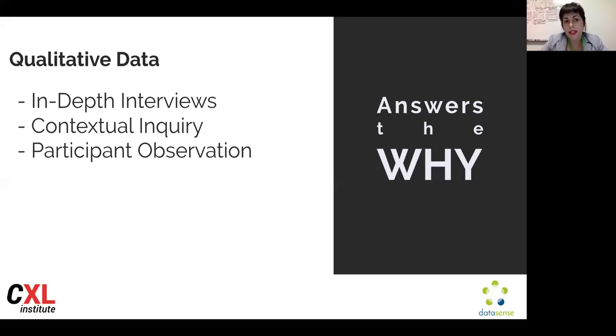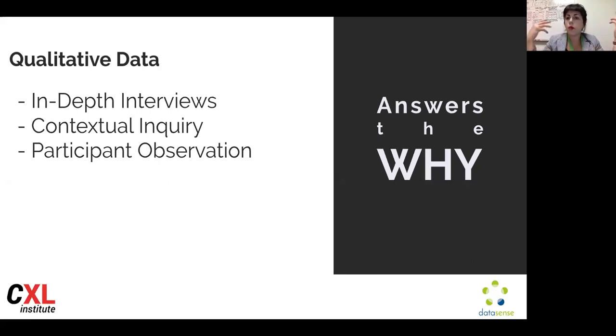Then we have qualitative data. So in-depth interviews can be used for that purpose. Of course, you have to have a goal when you start conducting interviews. They can also be more open, right? Especially if you choose a more open format for collecting qualitative data, that can be contextual inquiry, right? Which is more focused on what the user or the customer is doing in their own environment, or whether they're likely to use your product. And participant observation as well. Some of these techniques are borrowed from anthropology.